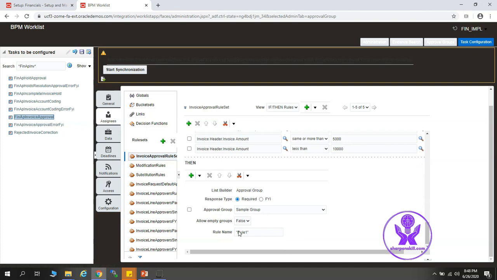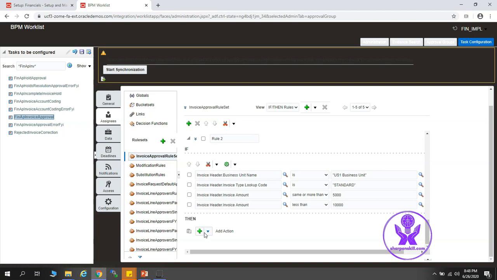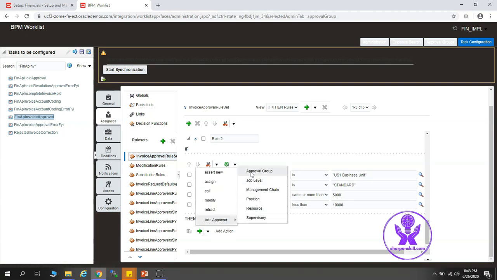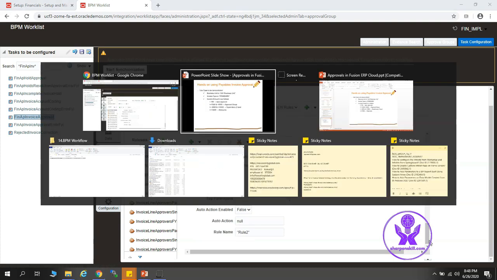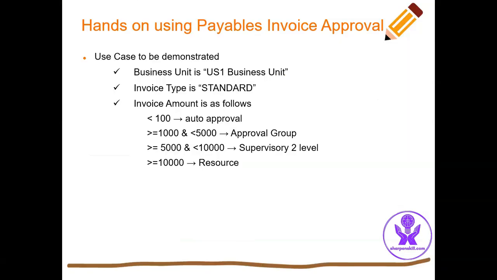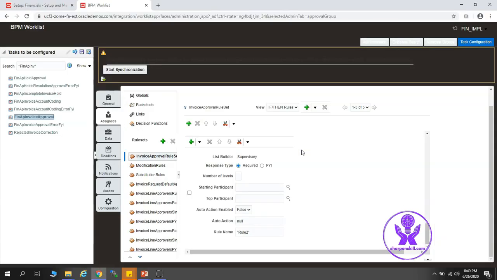So I'll delete this action. Now I'll add action. So for this, we will have to use the supervisory approval list, right? So let's have a look at the PowerPoint slide. More than or equal to $5,000 and less than 10,000, supervisory approval for 2 levels. So I'll select number of levels as 2.